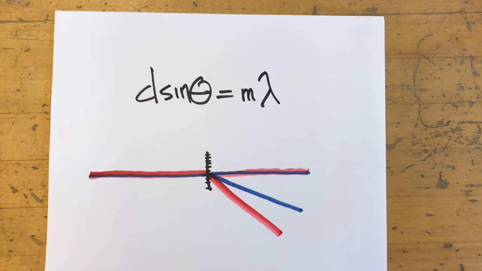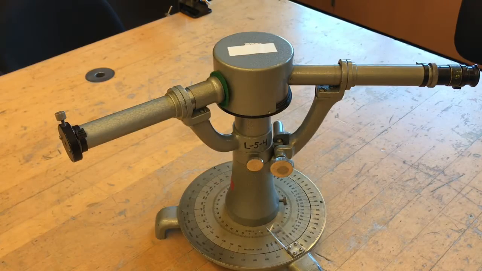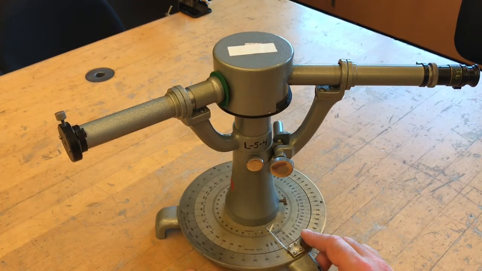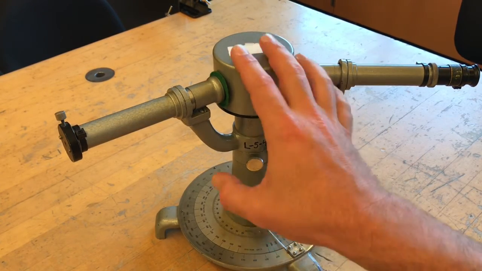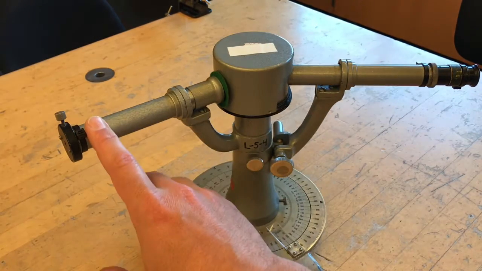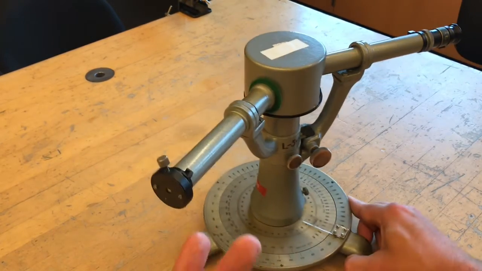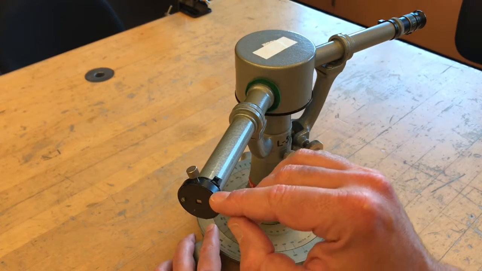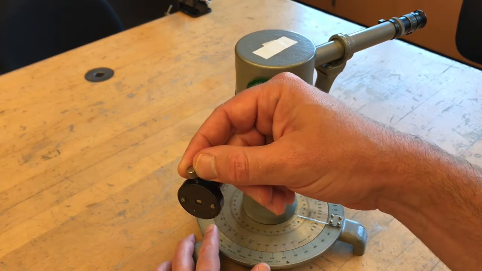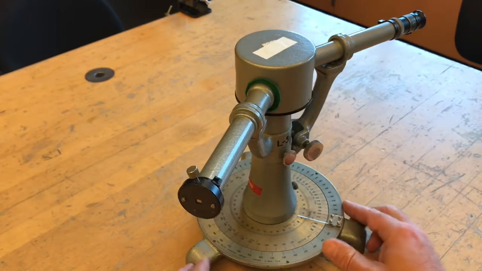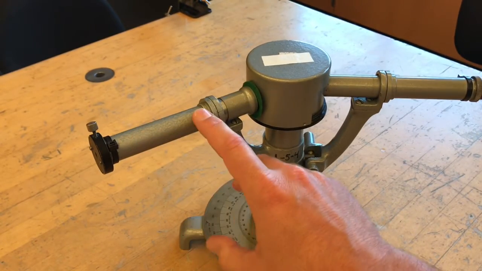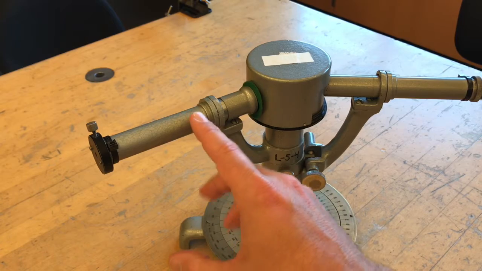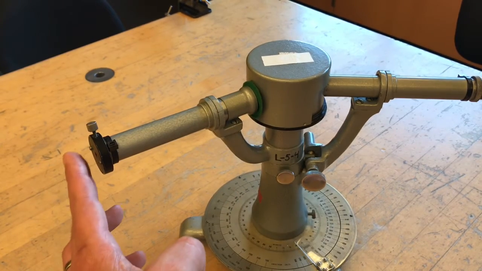So let's take a look at one of our instruments here. So this is one of our lab spectroscopes. I'll give you sort of a quick tour. Over here, there's an entrance slit. There are basically two facing razor edges here, and one of them can be adjusted with the screw to open or close the slit. And then this arm has optics that basically take the image of the entrance slit and